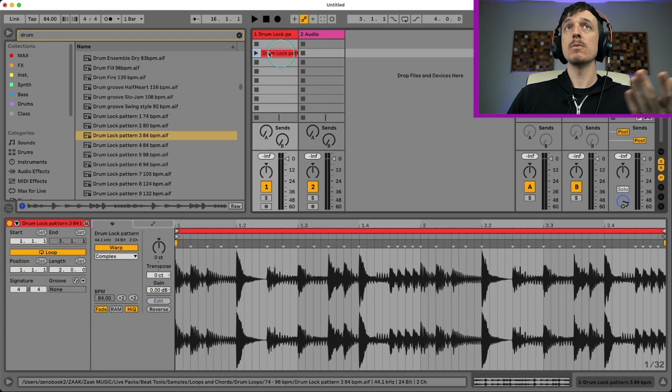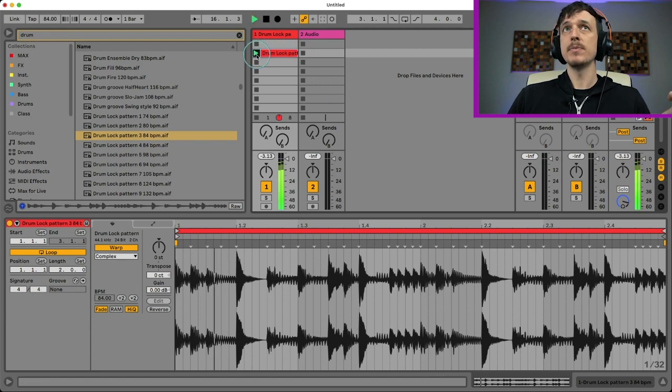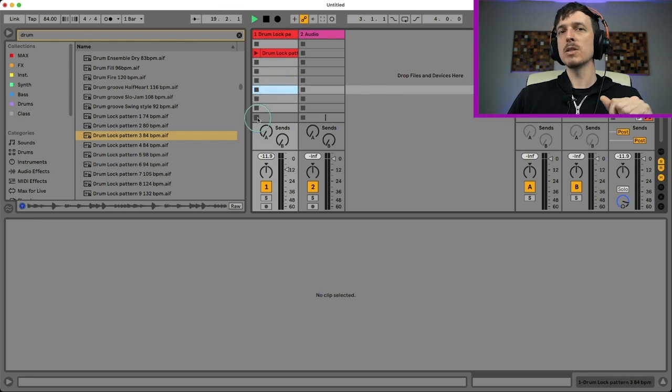And if I want to play this, we can just hit this triangle right here and that's going to play it. Let me turn it down a little bit. If I want it to stop, there's two ways to make it stop. I can either hit the space bar, which is what I just did, and that will start and stop every single clip in your session simultaneously and instantaneously. Or I can hit any of these squares right here. So the square button being kind of like the international symbol for stop. Any one of these, if you have clip slots in each one of these, there always will be a square button right here. Then if I want to play again, I can just hit play here,